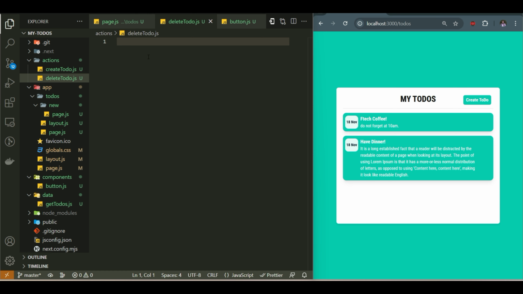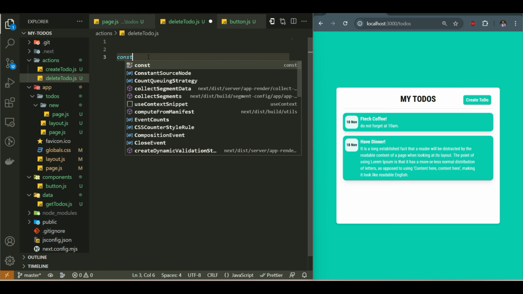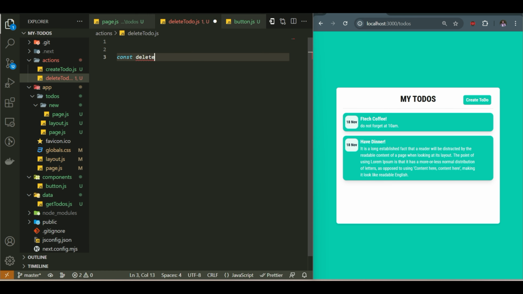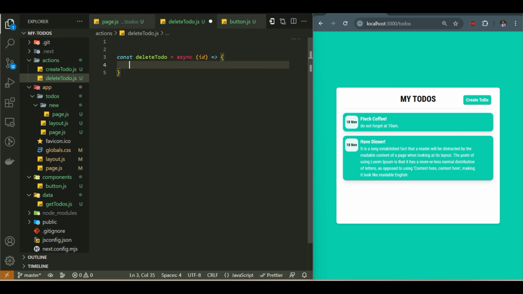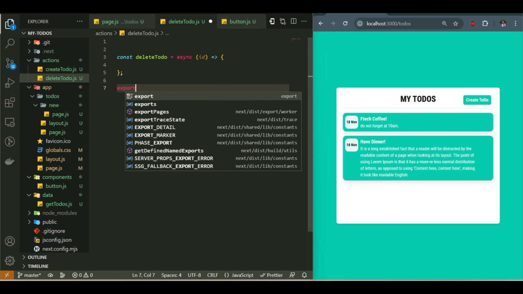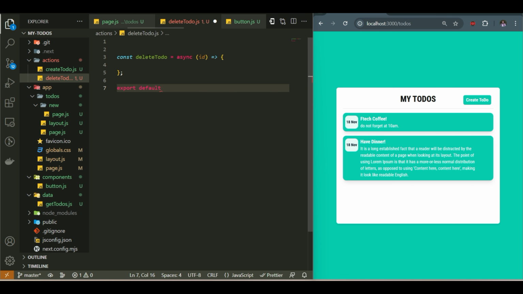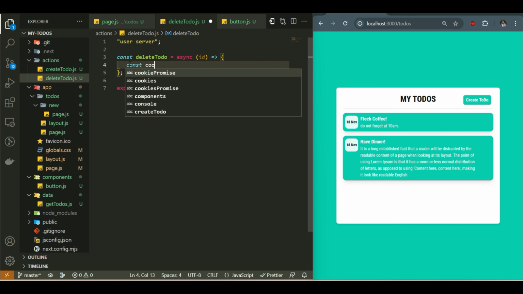Alright, so I'm going to create a function named deleteTodo, and I expect to get the ID of the to-do inside this function as an argument. And firstly, I am going to export default deleteTodo. Alright, now what we're going to do is firstly we are going to do the same old